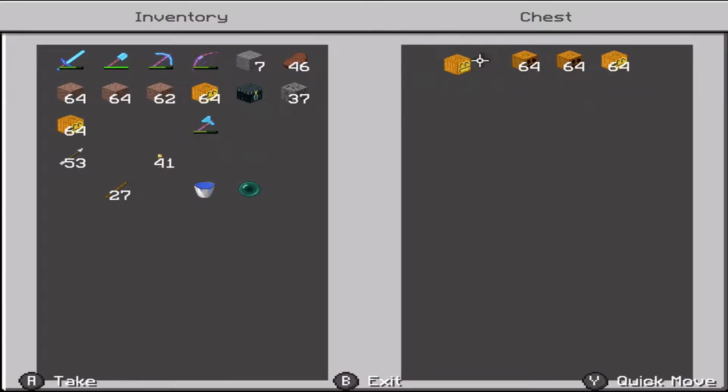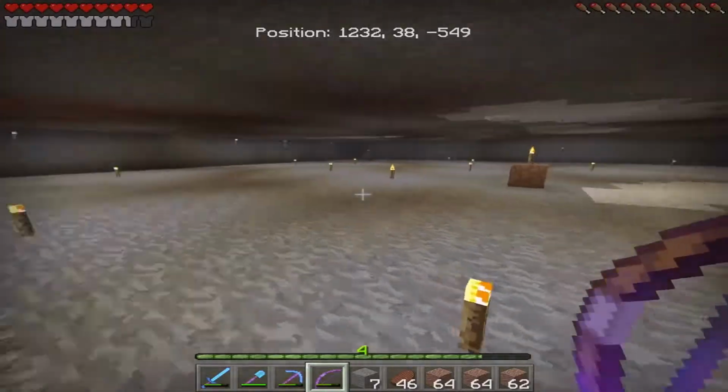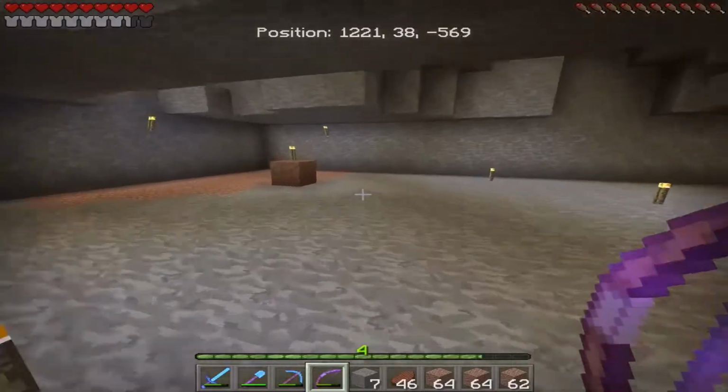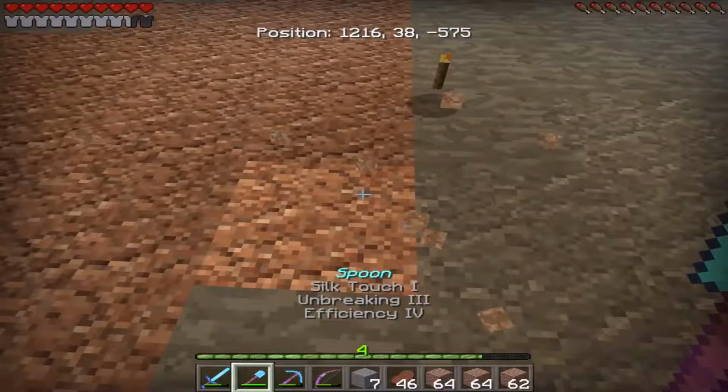All right, so what I'm thinking is if we grab those, and then I did go back over to the modern house real quick, and I grabbed some jack-o'-lanterns, and that way we can have a solid block to provide light in our farm. So let me dig away this,